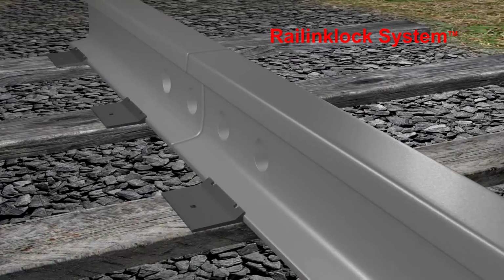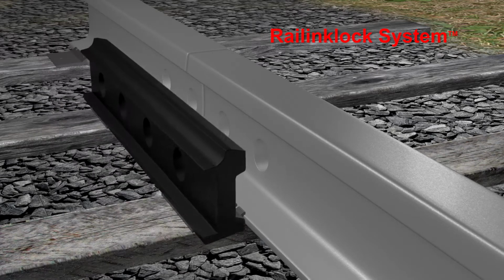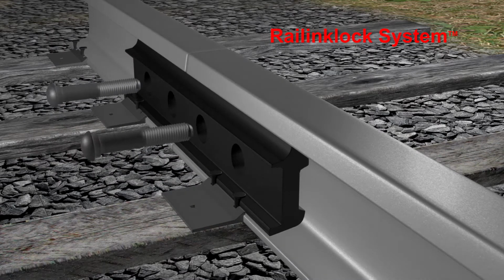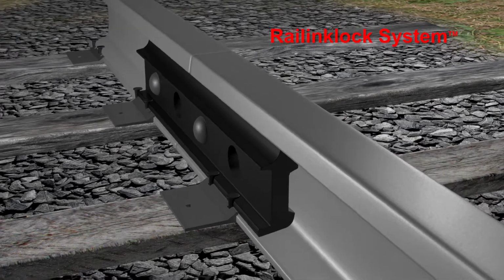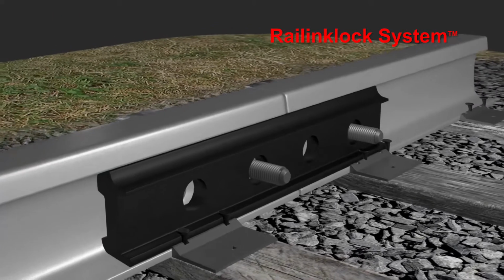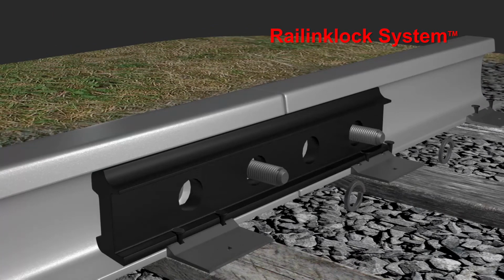The bolts that hold the 2-foot-long joint bars in place have rounded heads and oblong necks that fit into the oblong holes along one of the joint bars placed on one side of the track. They then go through the track and out a round hole on the joint bar placed on the other side of the track. A lock washer is placed over the end of the bolt, and then the bolt is secured